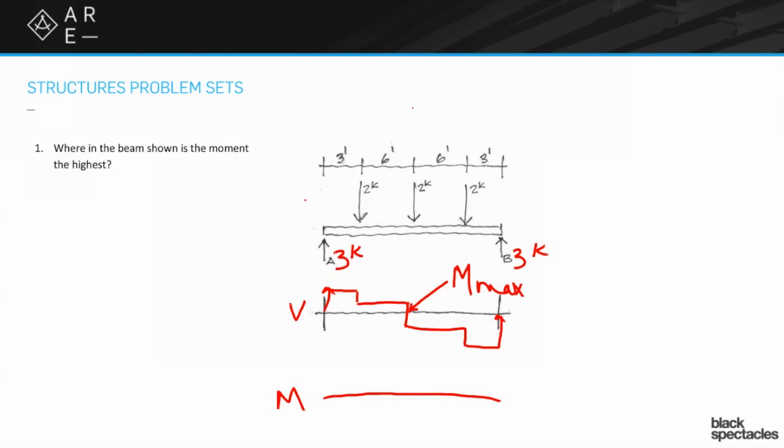And you're going to do the area of it. So it's 3 times 3, so it's 9. And whenever you have a straight across, so a box shape in your shear diagram, you're going to get a diagonal line in your moment diagram. So we're going to go up to 9, and then you're going to keep doing your math where you have, this is 1, and it's 6 feet long, so we're going to go up another 6 to the center. So we come up to